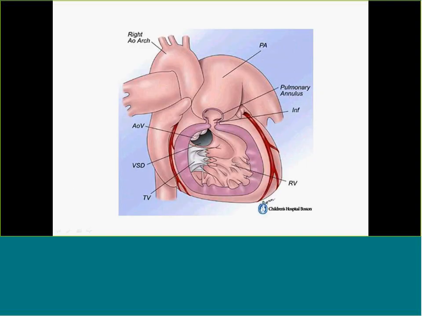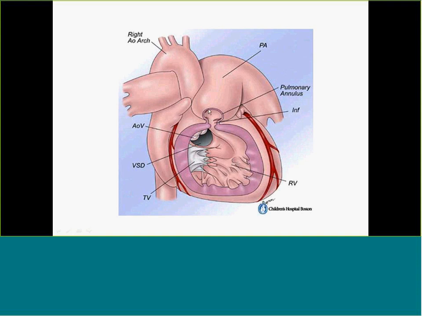Now let's look at the anatomy here. I hope all of you can see this figure on the screen, taken from one of the atlases. The right ventricle has been opened up to show the interior, and here you see the hypertrophied right ventricle. You see a ventricular septal defect with overriding aorta. As you come into the right ventricular outflow, you see that the infundibular septum has come anteriorly, which is responsible for the large malaligned VSD. This is infundibular stenosis. But what is different from tetralogy is there is no